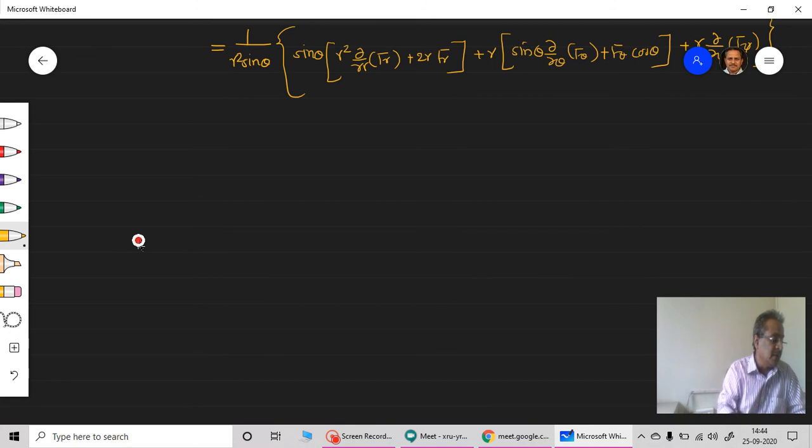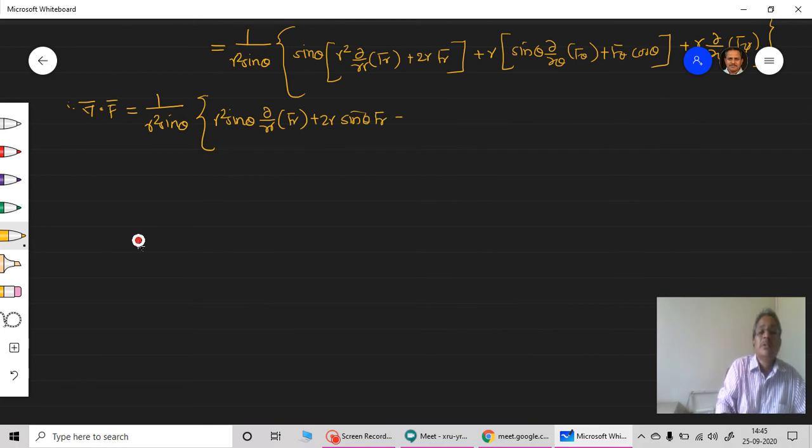Again we have to simplify this further. There are two more steps, we'll just complete this. Therefore del dot f bar is equal to 1 upon r square sin theta, this will be as it is, and here I can separate out these terms. r square sin theta del by del r of fr plus 2r sin theta into fr, simplification, plus r times sin theta into del by del theta of f theta